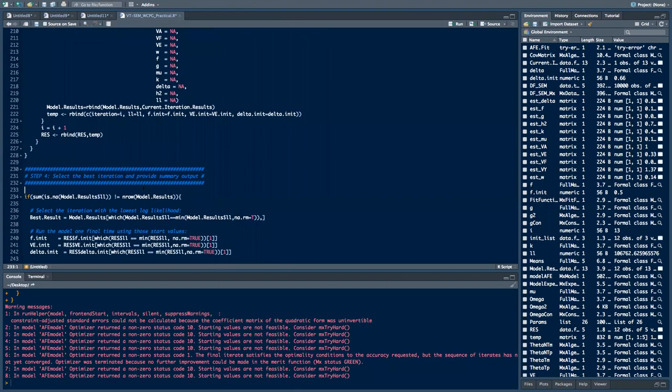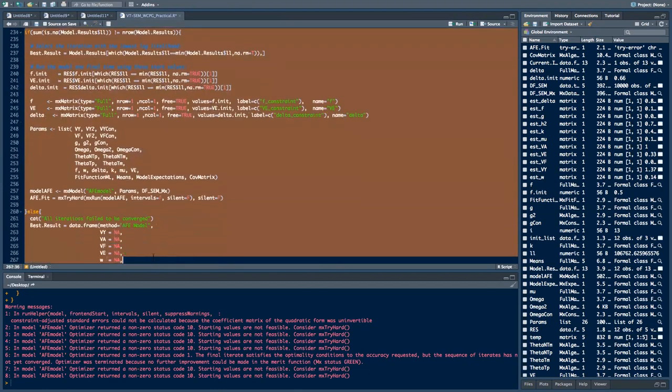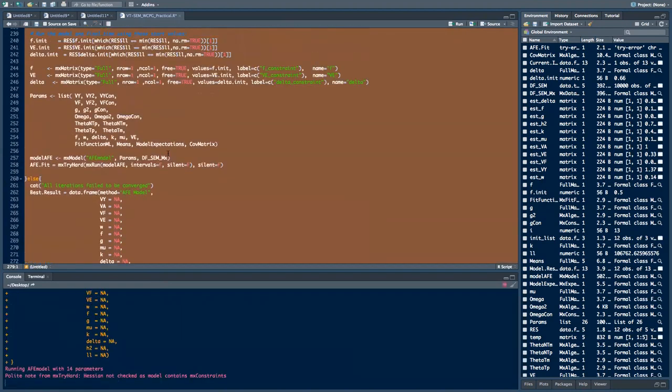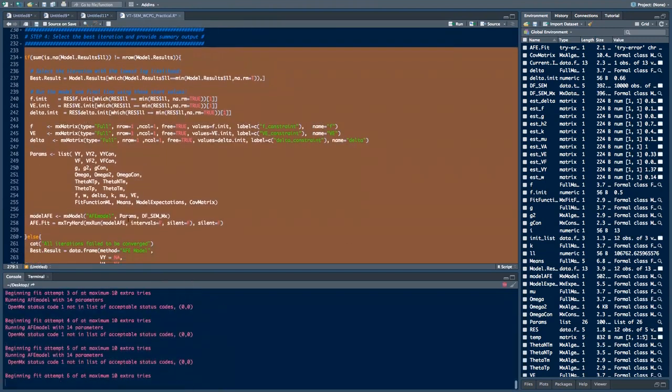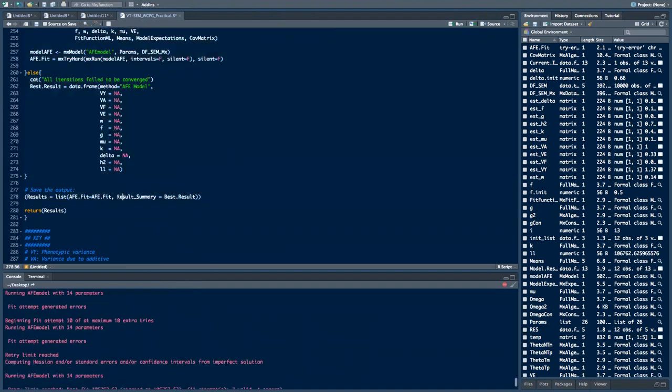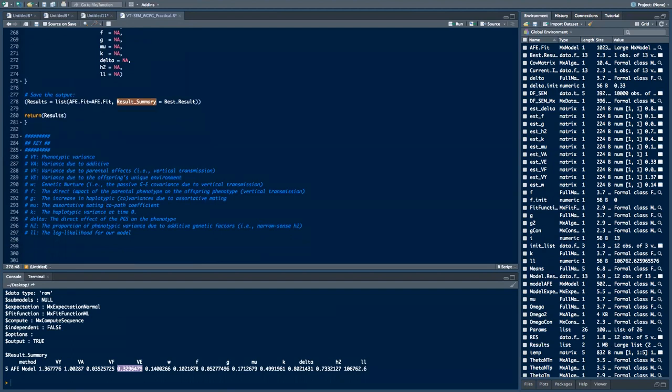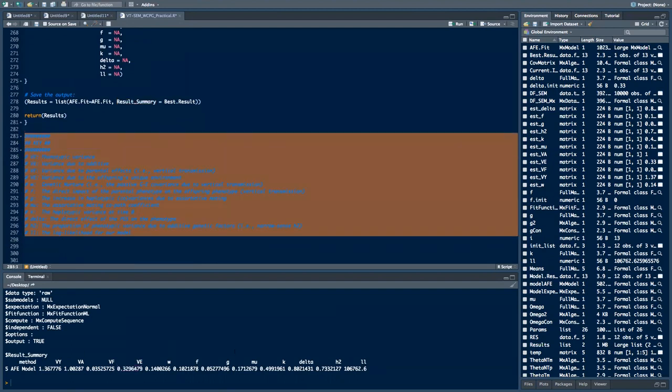So once we've tested out all those different combinations of start values, this final step, step 4, we'll select the one with the lowest log likelihood and produce it at the bottom in a data frame called results summary, shown here. So from results summary, this is really what the whole script is all about. We can see the phenotypic variance and the relative amounts of variance due to additive genetics, parental effects, and unique environment. And I also have a key here at the bottom to explain what these different columns mean